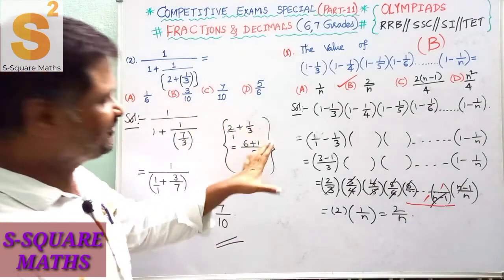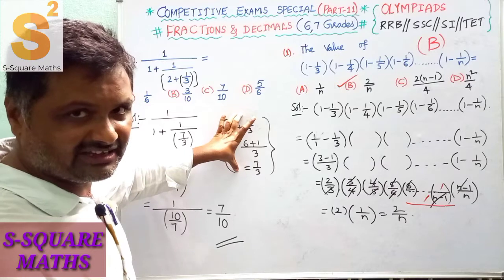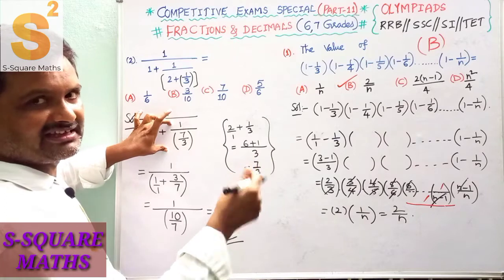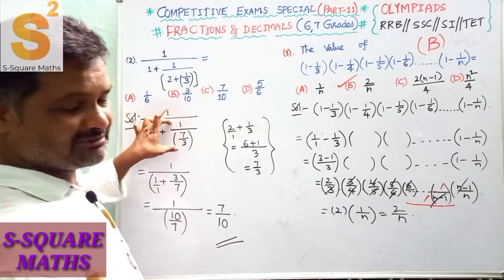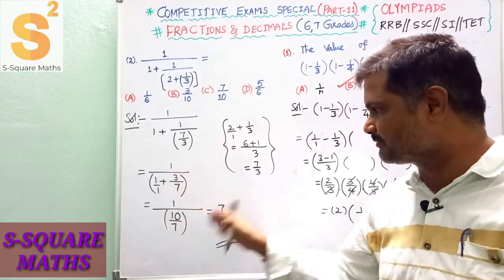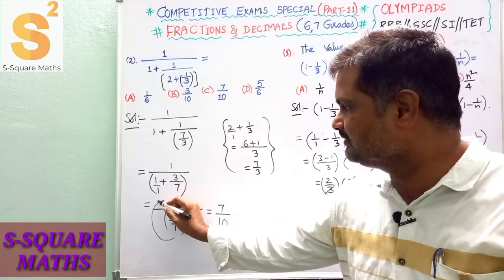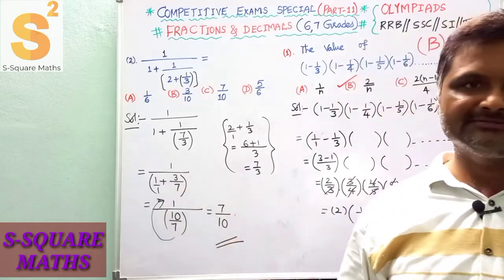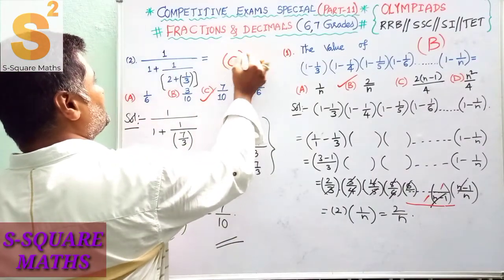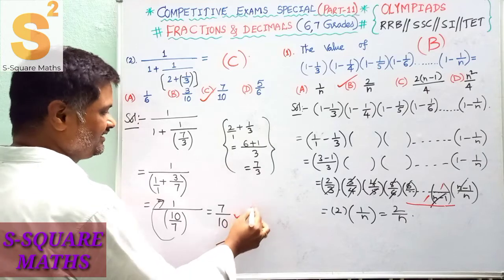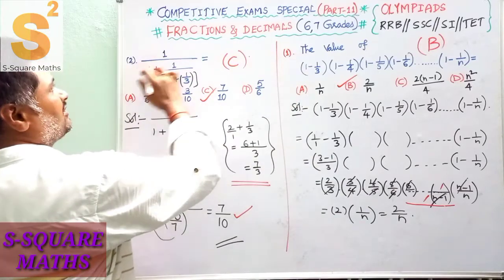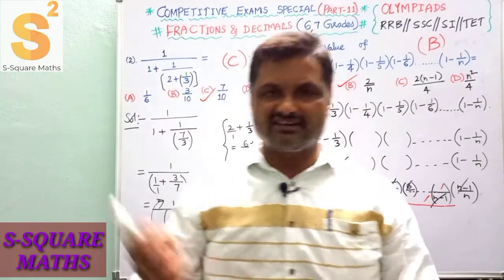Since it is a competitive examination, this part I have explained clearly for your understanding. A by B by C you can write as AC by B. Going through it, again taking LCM, again since it is a reciprocal, it goes up, and here it is 7 by 10. So finally looking over the options, again it is the C option, 7 by 10. In this way you can overcome it, and this is the first problem and this is the second problem of part 11.